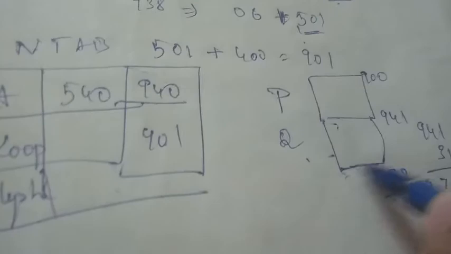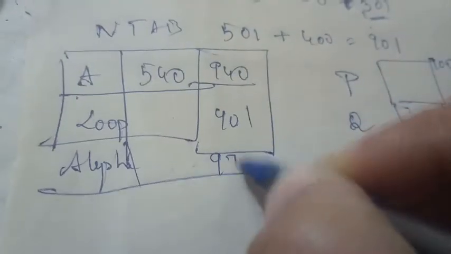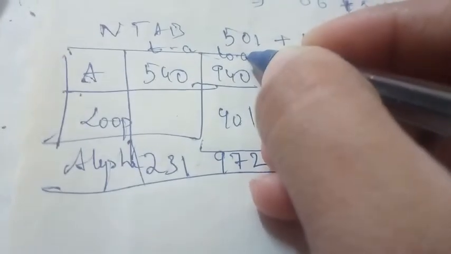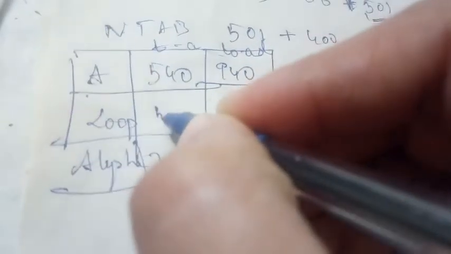So the last, 31st line in the program, you can see the 31st line is 231, you have an alpha. Then what is the load address of alpha? The load address of alpha is 972. This was the relative translation address. This was the load address. Loop is 501. Okay, so what happened in the algorithm you have?